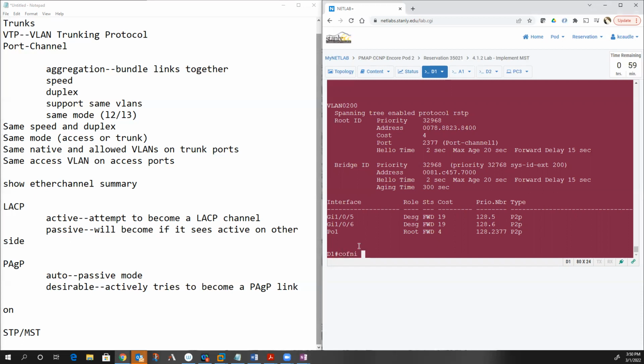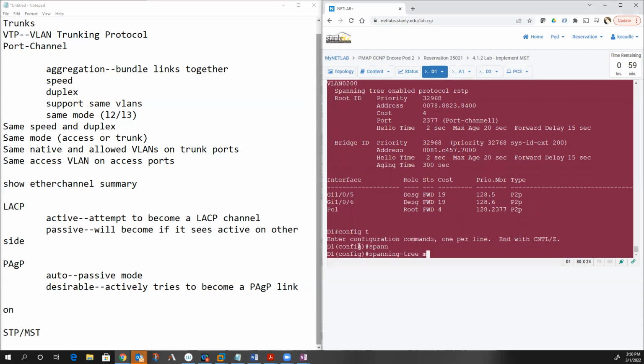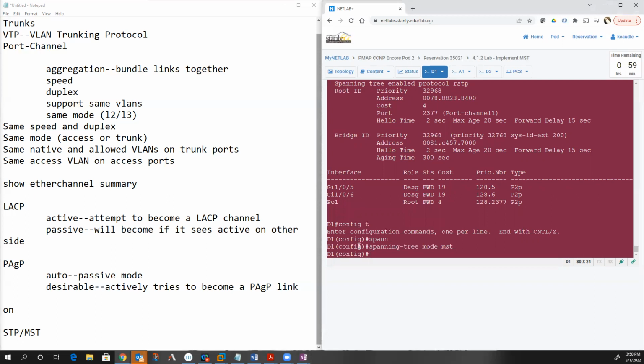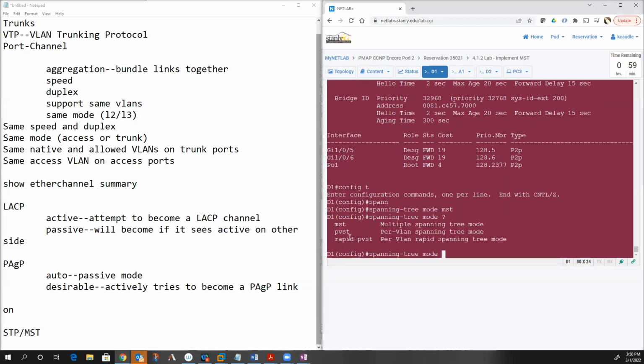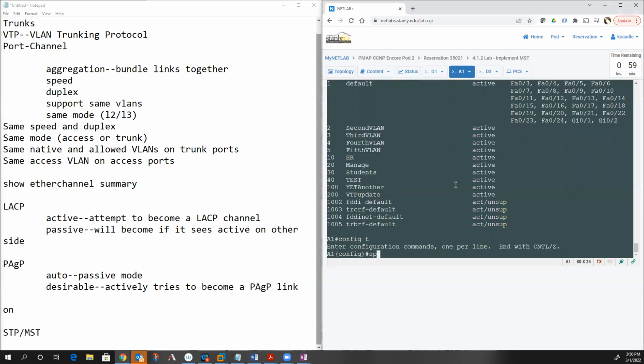So we're going to go to global config and go spanning-tree mode mst. If you ever want to see what other modes are supported, you can go in here and look. MST, PVST, and rapid PVST are what are supported on these particular switches. So one thing I would suggest is always make sure all devices in your network